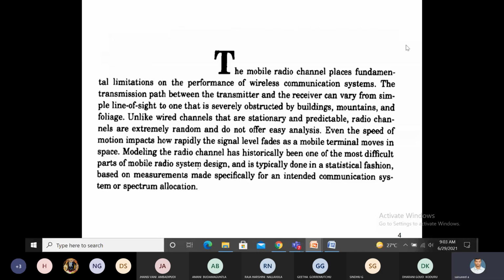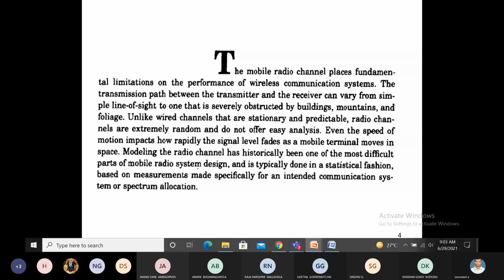Here, what is meant by mobile radio propagation first? What is meant by propagation first? Propagation is nothing but transmission of a signal from one point to another point. Mobile radio propagation is nothing but the transmission of a signal between base station and mobile station. Suppose a good line of sight path exists between transmitter and receiver, nothing but base station to mobile station. There is no problem, there are no losses.